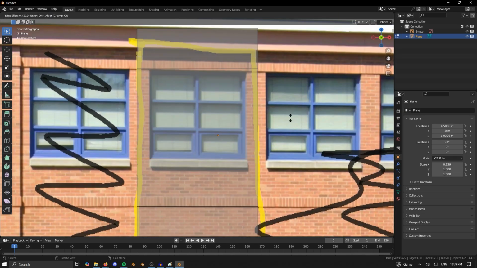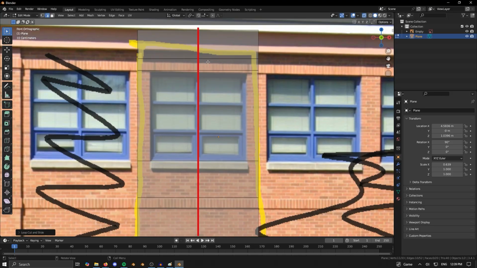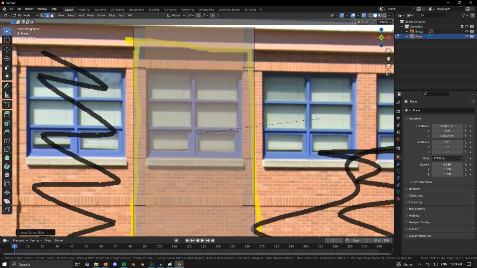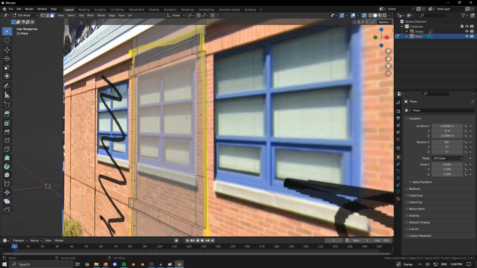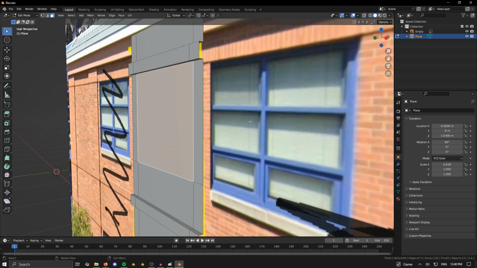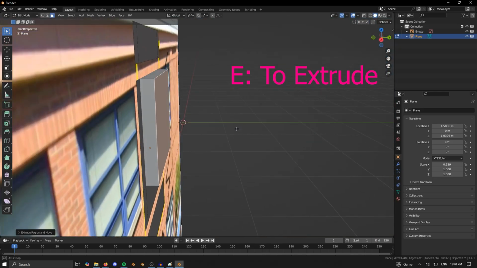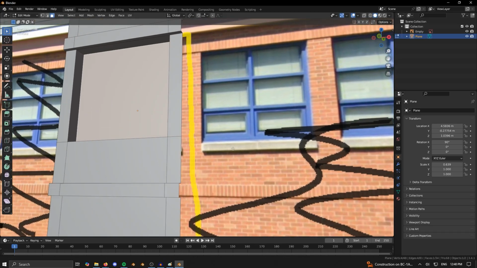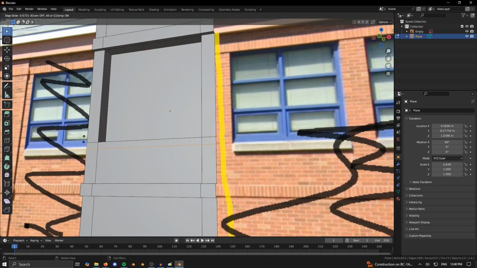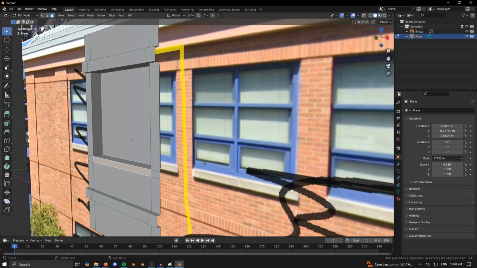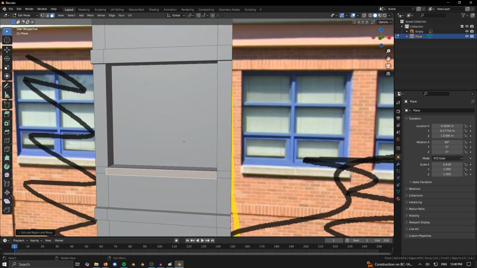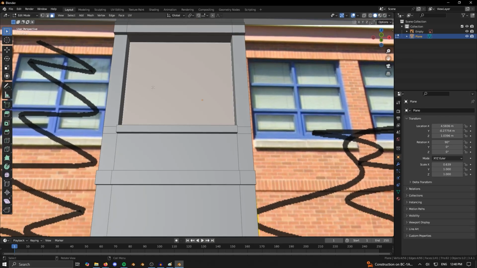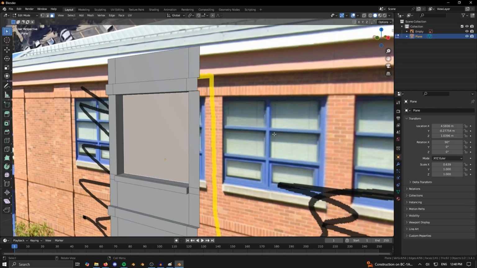For that, I'll make another loop cut here. Then I bevel it. And I can select my window and bring it back. So it's back here. Okay, now this concrete thing, I'll also add a loop cut here, Control R, and I'll just extrude it out. But this blue thing, I could manipulate this piece right here and form the shape, but